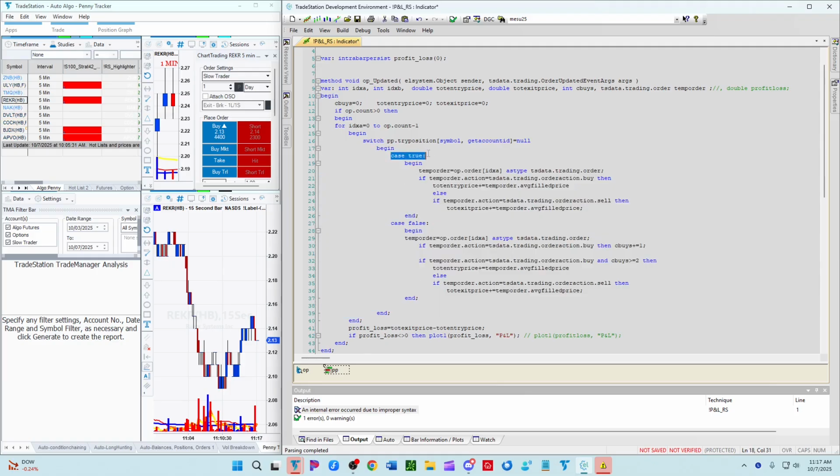Okay, so case true, begin in. That's important. Temp order, so order as type. Temp order dot action: buy, then do this, else sell, then do that. I don't see anything wrong with that, but op.order of whatever this index is